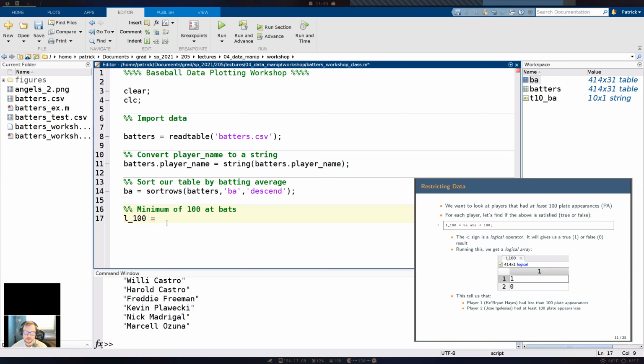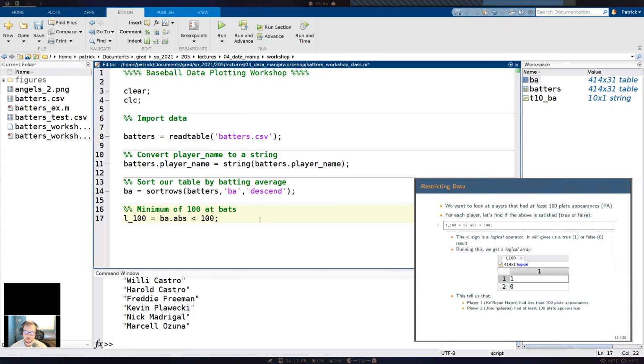And we're going to access our table right now, so that's called BA. And then we're going to access the column for at-bats, which was .abs that we were just looking at. And we want to check if this is greater or less than 100. So here, I'm telling Matlab to look at that table for at-bats.